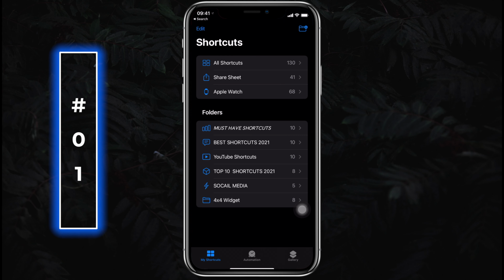A cool trick here is to search for run shortcut and add any shortcut you like to run automatically when, in our scenario, it's when low power mode is turned on. Select run shortcut from here, then tap on the semi-transparent shortcut and select a shortcut from here. For example, I'll select change EQ, tap on next and make sure you disable ask before running from here. So now when I enable low power mode, it will run the change EQ shortcut with it automatically.